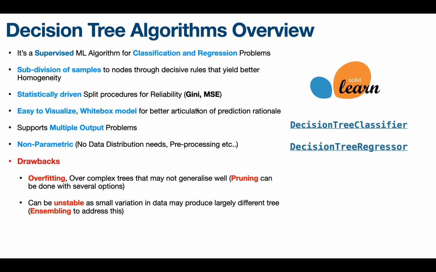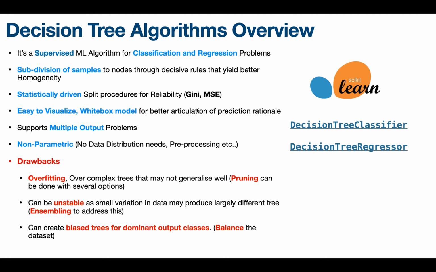It can also get unstable when there is a small variation in the data. This can produce a completely different tree, and the rationale might change. This is similar to overfitting, but more about feeding different types of data with only small variations, where you'll see that the decision paths vary differently. That's one sort of drawback here, but there are techniques like ensembling, where we can build multiple trees and then combine them to make the decision. That also we will see in future. So that's one way to address this problem.